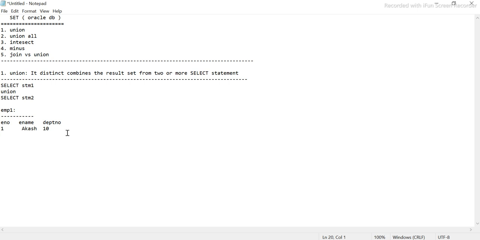Now let's say I'll put 2, Pankaj, and 20 from employee 1, okay. I have another table, guys, which has a very similar structure, called employee 2. The column names might be different, that's fine, there is no problem with that.